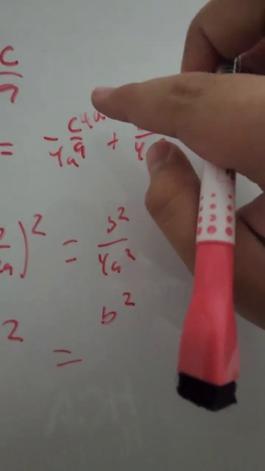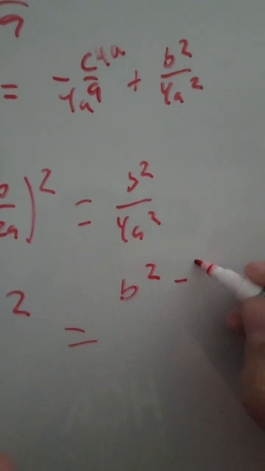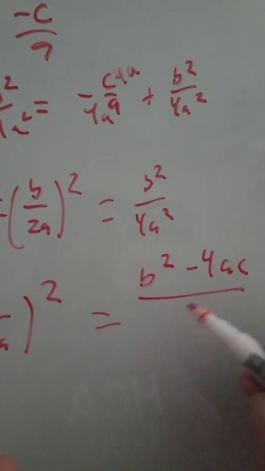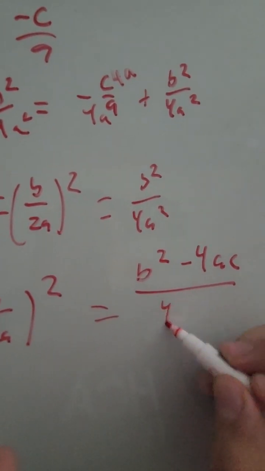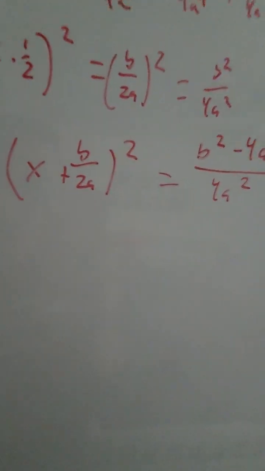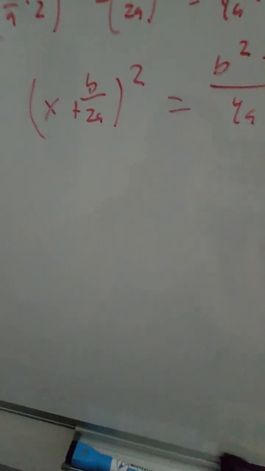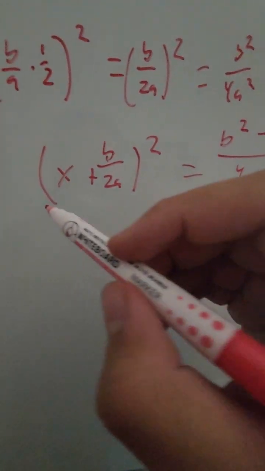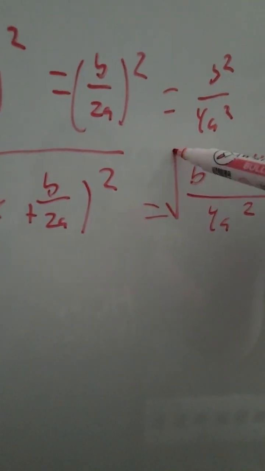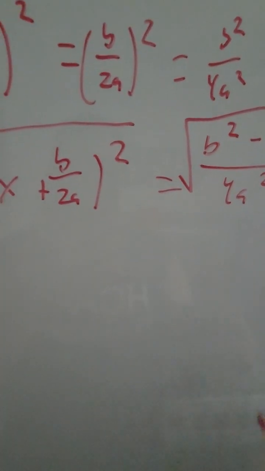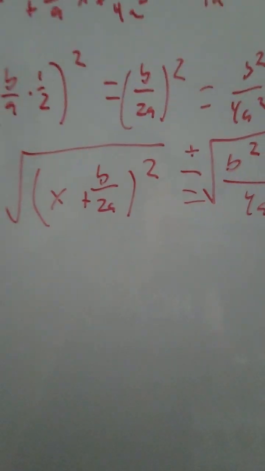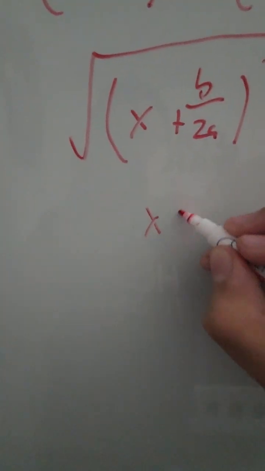We can add this, and then minus 4ac. Then we can put this over 4a squared. Pretty easy. Now we have a little complete the square right here. So then what we can do is square root to get rid of this square. We can square root this, and obviously when there's a square root, the answer can be plus or minus. So now we can get rid of the square root,